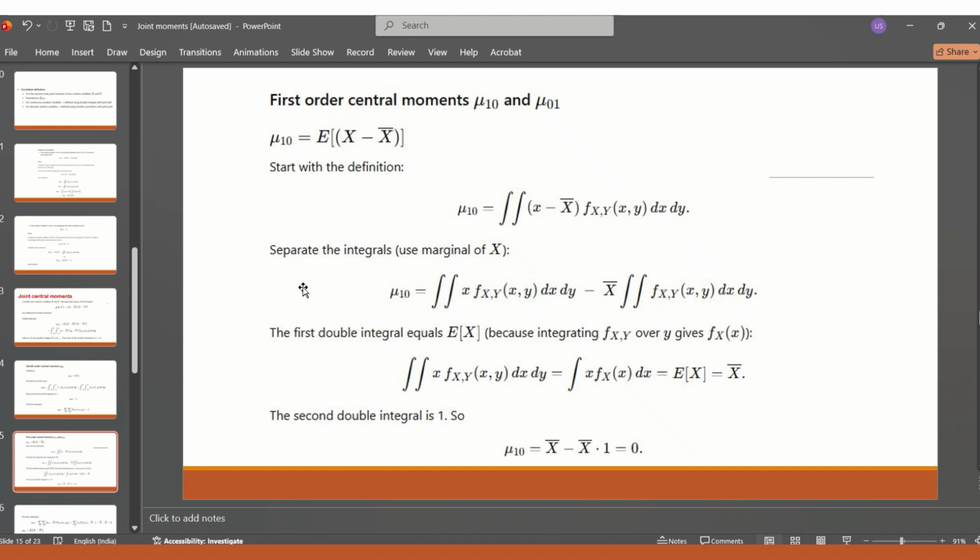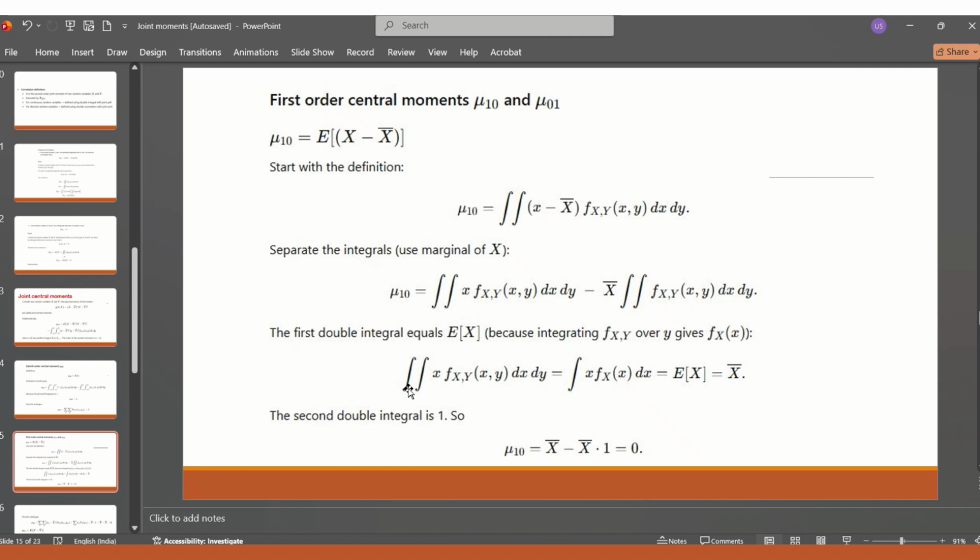So we separate the integral as mu 1 0 is equal to the double integral of x along with its joint density function minus x bar into the double integral of the joint density function. The first double integral is equal to the expectation of x, because integrating f x comma y over y gives f x of x. Therefore,